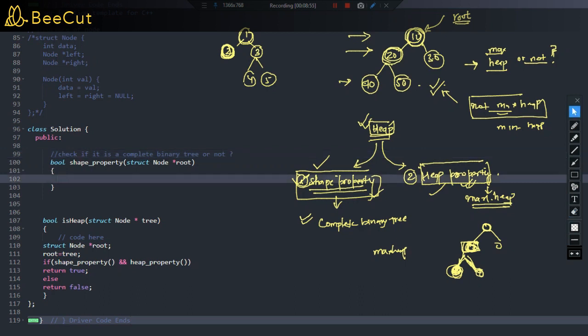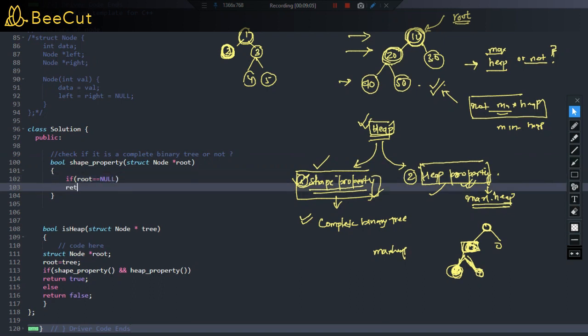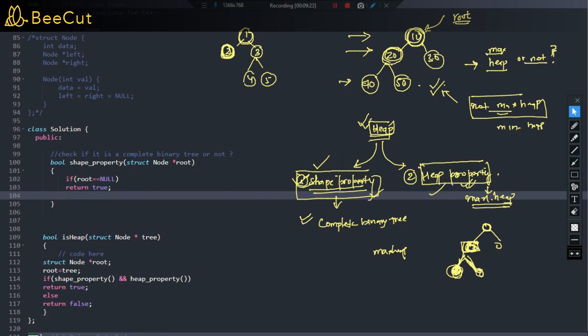So what I'm going to do is this. In this case, again, I'm going to do a normal level order traversal, right? First of all, I'll check whether root is equal to null or not. We know that if root is equal to null, we simply return. But this time, what should you return? Since it is talking about shape property, if root is equal to null it means there is nothing. Now there is nothing, how can I decide something? So basically return true, right? If there is nothing, how can I decide anything? Better return true. Done. Otherwise, what should you do?